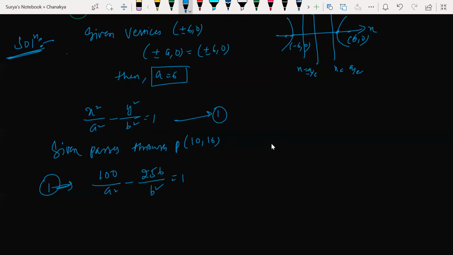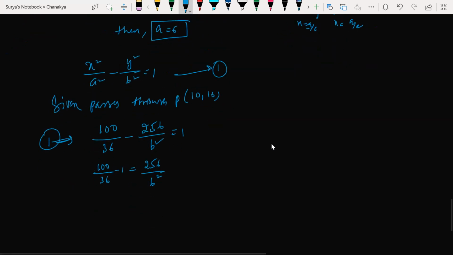So what is my b square going to be now? 100 minus... a ka value, how much? A ka value I got 36, right? I mean a ka value 6 I got. So a square is going to be what now? 36. A square is going to be 36. So 100 out of 36 minus 1 is equal to 256 by b square. Okay. So 100 minus 36 how much? 64, correct? 64 by 36 is equal to 256